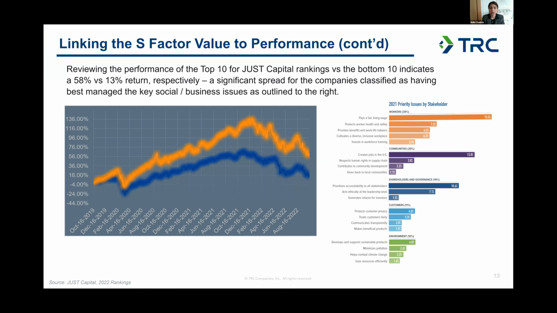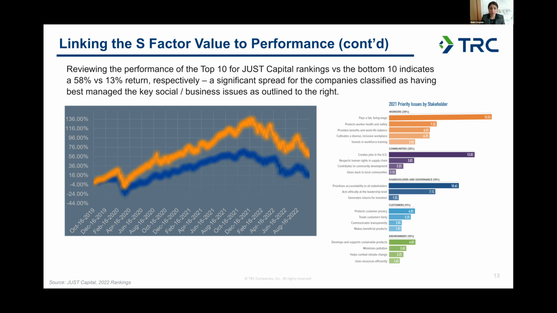For many of you who may not be familiar, Just Capital Rankings is actually a very renowned ranking that's done by a nonprofit affiliation that essentially looks at companies based off of key priority issues by stakeholders. In other words, they'll actually take a survey of what is relevant to the American public today, and then have companies fill out a survey to identify exactly what companies are doing on those specific issues.